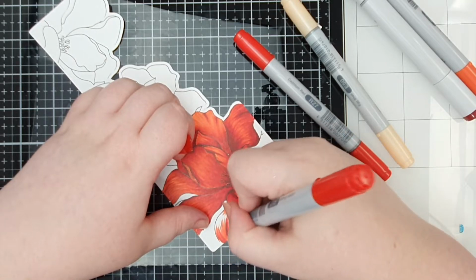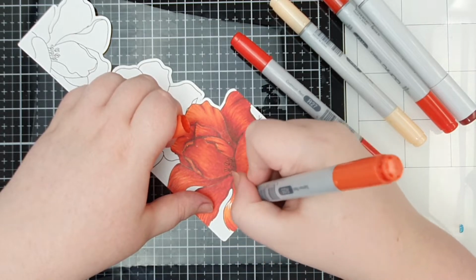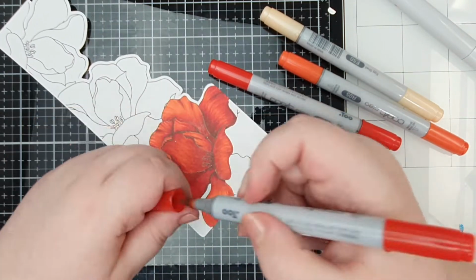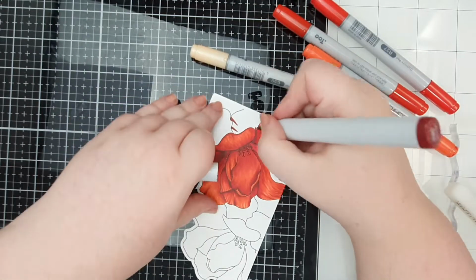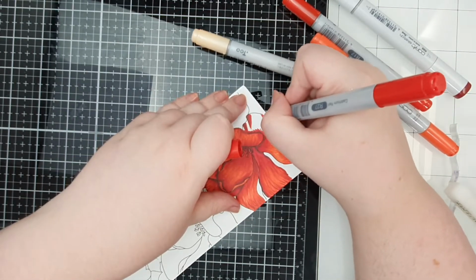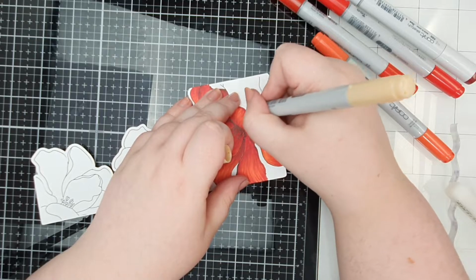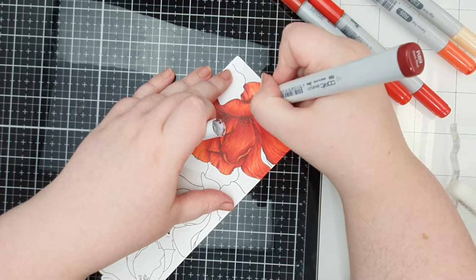And also you've got to be kind to yourself. You know, if this is the first time that you've picked up Copic markers, if you've never used alcohol markers before and you've seen me and other people using them and you think, wow, they're amazing, I'm going to get them and I'm going to be able to do that because I've got the pens. And that's what I thought. I thought if I've got the right materials, then it'll just happen. But that's not the case. Even with the best materials in the world, it takes practice,